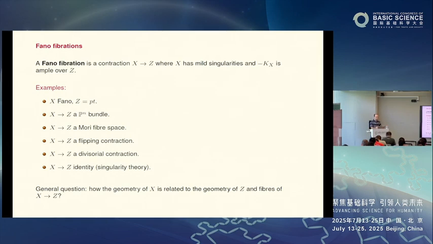Because, according to this definition, this is actually a Fano fibration. And in fact, many of the statements that we prove in the birational geometry world are in this setting. Not just the global setting, but in this setting. So that also tells something about singularities. So that's why this becomes such an interesting story. So with this setting, the question is, well, how can you study the geometry of a Fano fibration X to Z? How can you relate the geometry of X, of the base, of the fibers, and so on? So there is a huge number of questions and results in this setting.